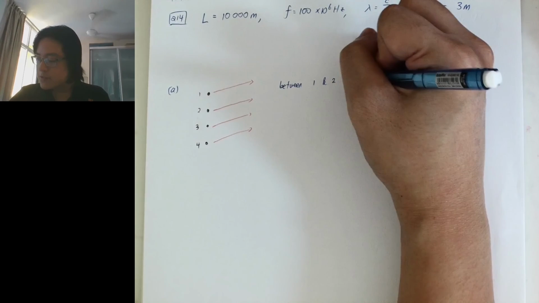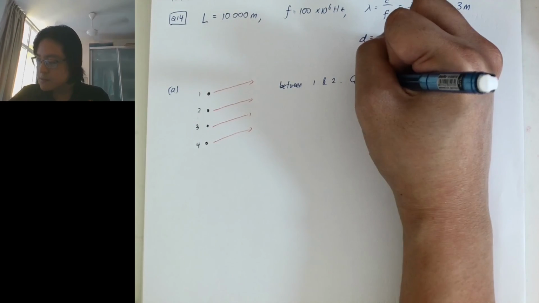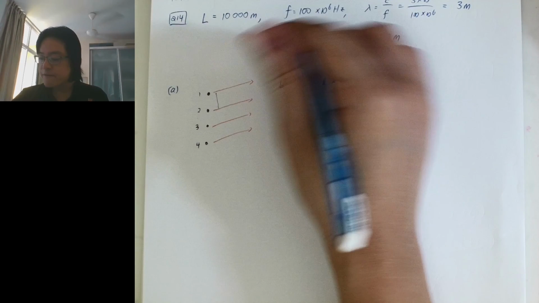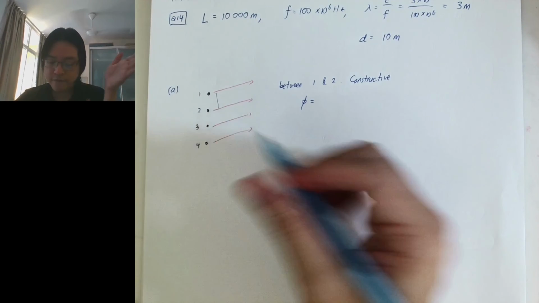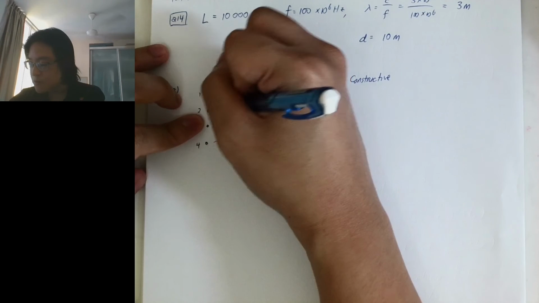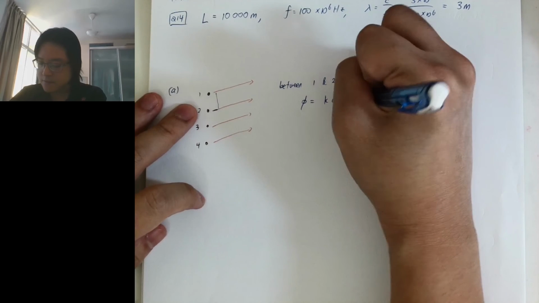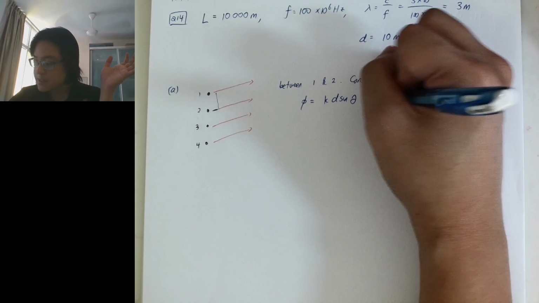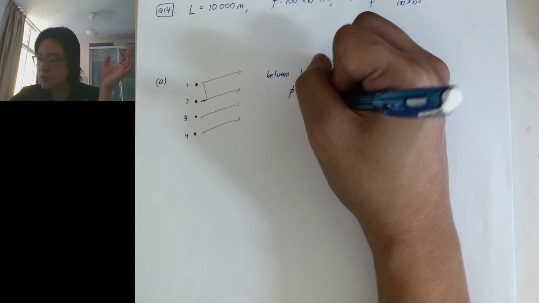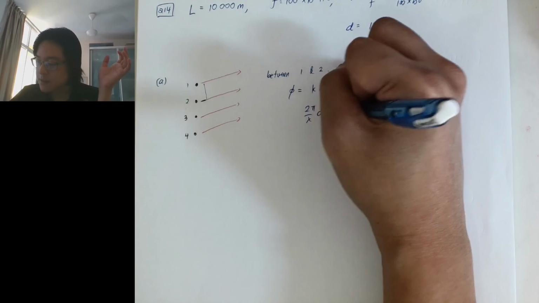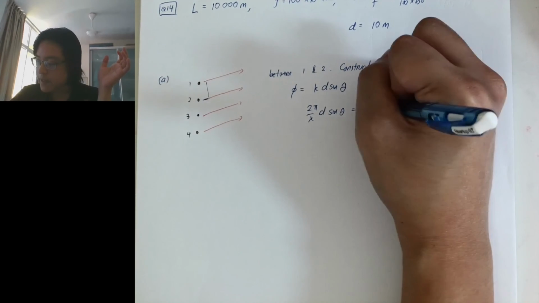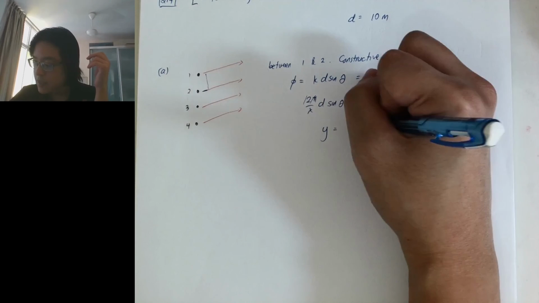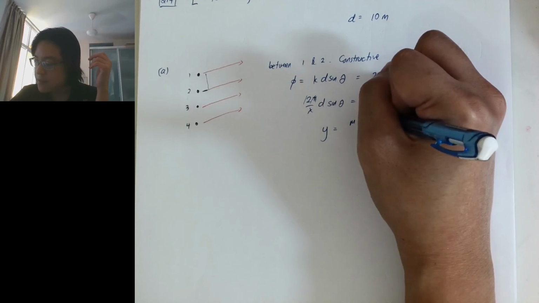Between 1 and 2, if I want to have constructive interference, we find the phase difference between the two. The phase difference is just k times the extra distance, and the extra distance between the two is d sine theta. If I want this to be constructive, this must equal 2m pi. Am I right? So k is 2 pi over lambda, d sine theta is here, this is 2m pi, so I can cancel this. This is the same calculation as the double slit. So I find that my y is equal to m lambda, well, now it's called L, over